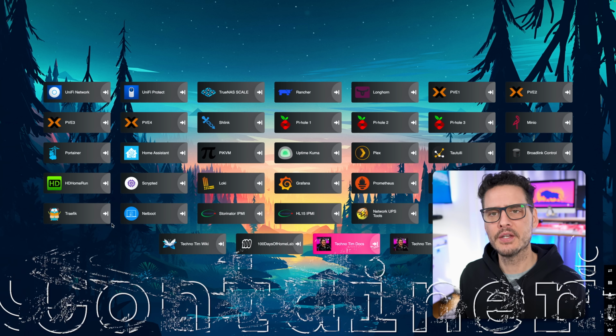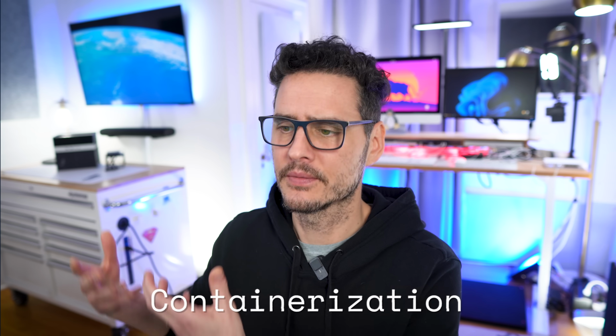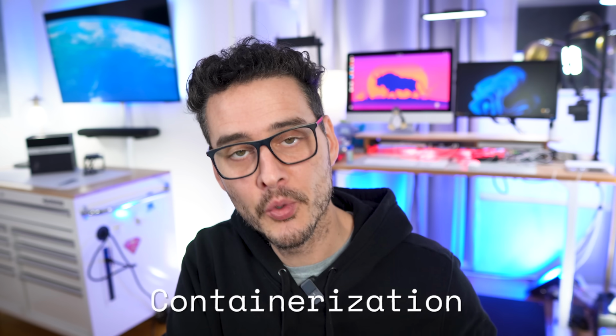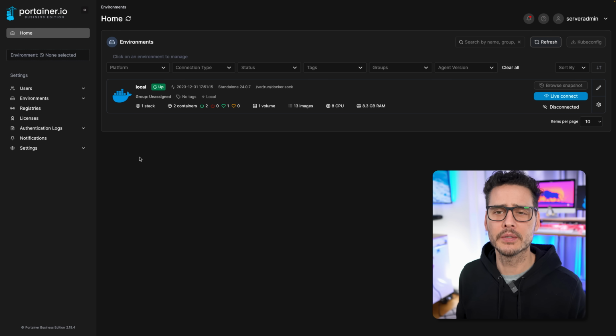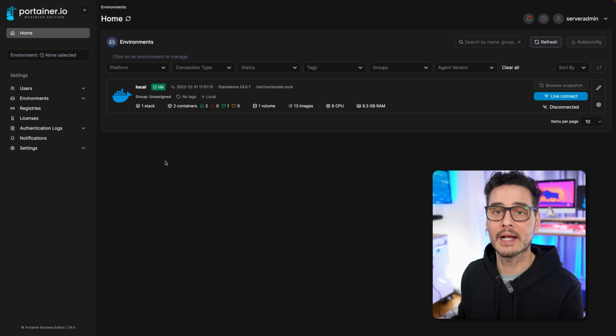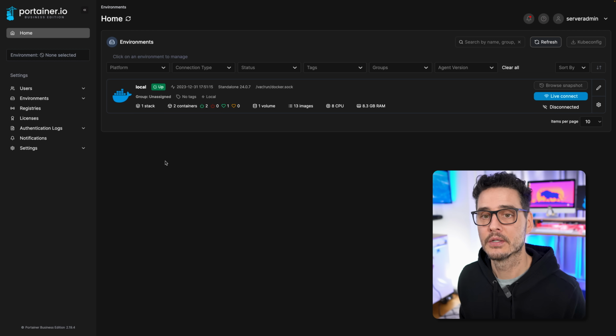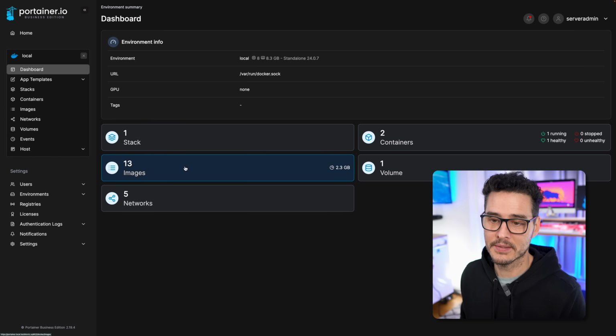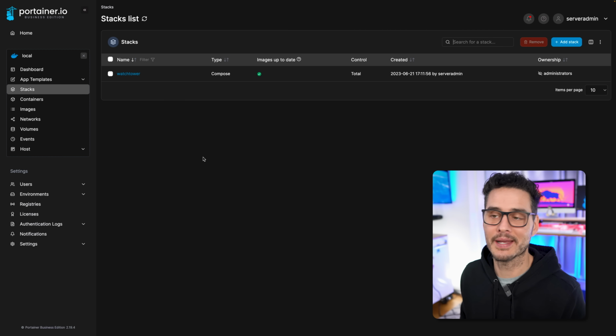Next up is containerization, and this includes 2 parts. There's Docker only hosts, and then there's Kubernetes. And as far as Docker only hosts, I run Portainer to manage that. But one migration I did finish up this year was moving all of my Docker only hosts to Kubernetes. So if we look in Portainer, which I use to manage my Docker only hosts, we can see that I have 1 stack, and that 1 stack is Watchtower, and that's just there for testing.